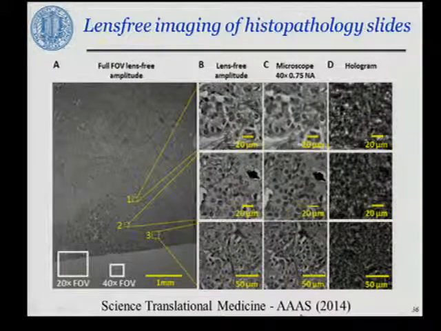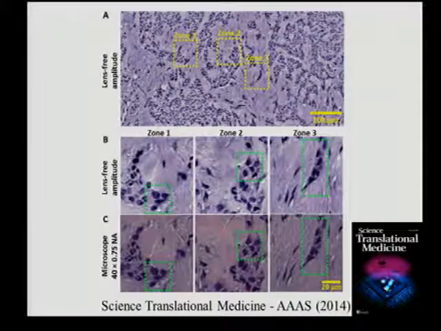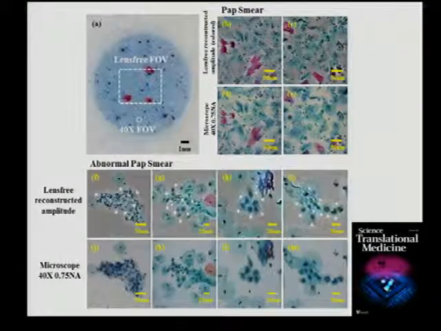To understand how well we preserve details, we've done a blind study with a board-certified pathologist and gave her some of our images and some of the traditional lens-based microscope images to see how the diagnostic value for this case of breast cancer diagnosis is preserved. And we've got about 99% match to a gold standard microscope comparison, validating that you retain the pathological information and spatial frequencies related to that.